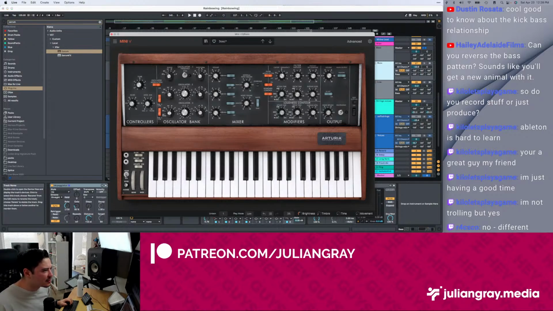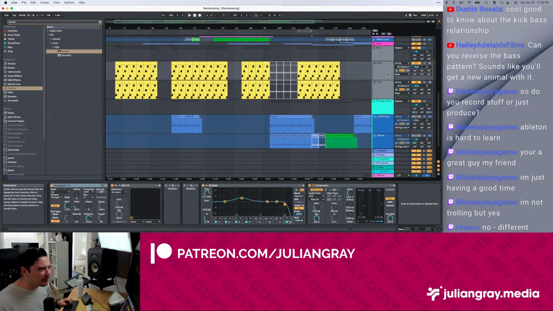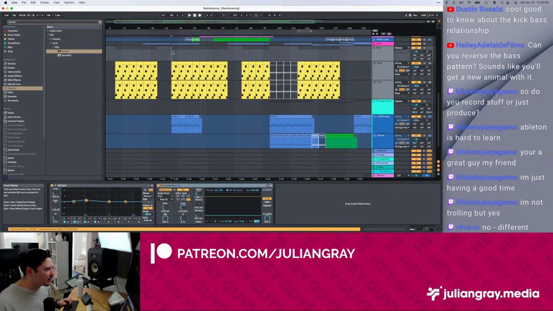If we just turn off oscillator 2, it might actually eliminate the problem too. Yeah, you end up with that phase thing when you have the 2 oscillators doing the same thing at the same volume. Maybe you don't need the oscillator 2. Let's turn up this bass as well. A way to do unison on this. I don't know how to do it. I'm not overly familiar with this plugin. I don't use it very much, but I think it does sound a little bit better now.